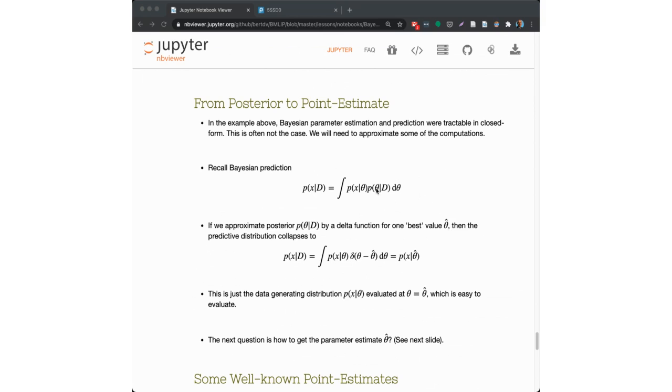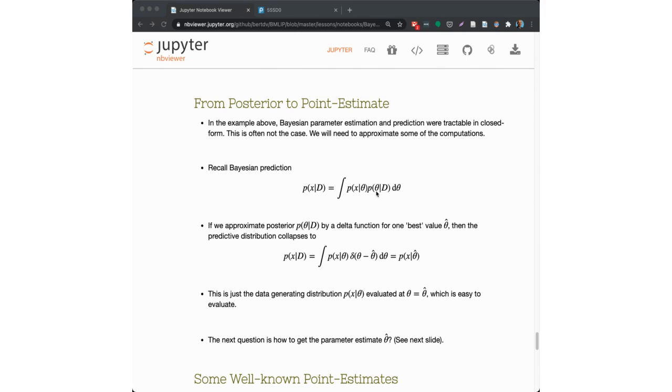And so what maximum likelihood does, and some other point estimators, in a sense, you can say it approximates this posterior for the parameters by a delta distribution on one value. In that sense, it's an approximation. Let's say this is full Bayesian machine learning, right? And this could be a Gaussian, or it could be some wild distribution. And now it's a function over theta.